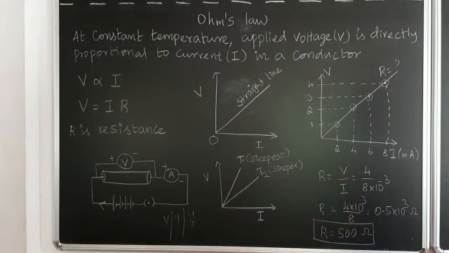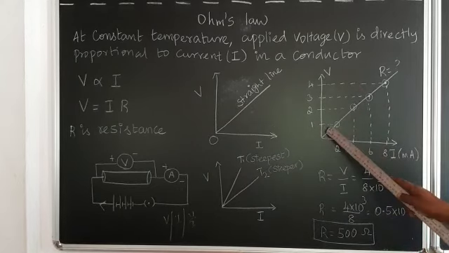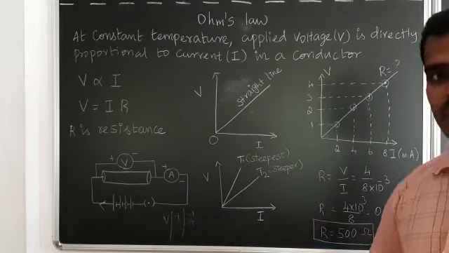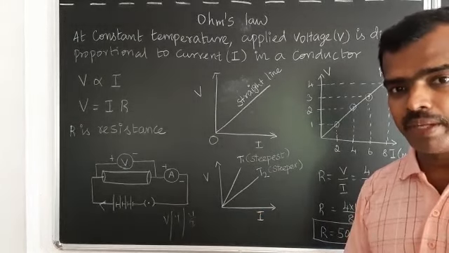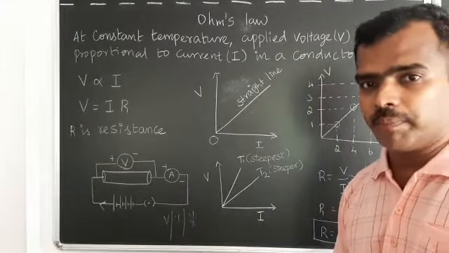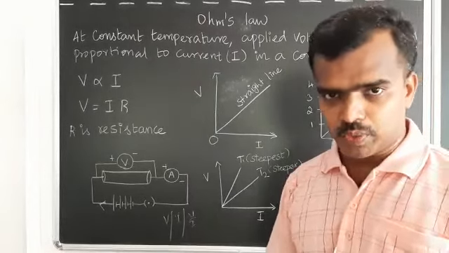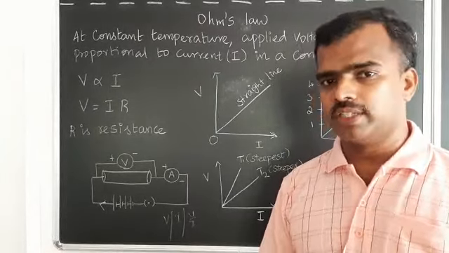From that straight line we can calculate the resistance of the given material or conductor. How? Here I drew the y axis as voltage and the x axis as current, but the current I have taken in milliampere, so this ammeter measures in milliampere. Milliampere means 10 power minus 3, microampere means 10 power minus 6. Similarly, millivolt means 10 power minus 3 volt, microvolt means 10 power minus 6 volt. Remember that. And in the y axis we have voltage.